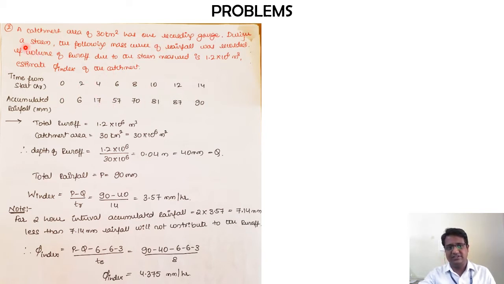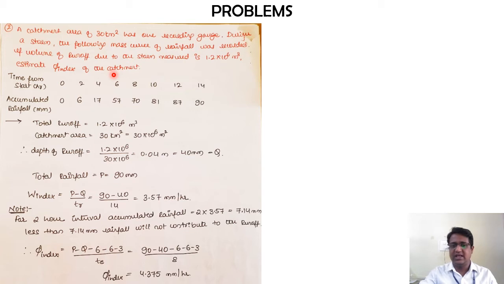But here they have given the catchment area as 30 kilometers squared, and the runoff in terms of volume. In the previous case they gave it in terms of depth, as 8.7 centimeters, right? But here they have given it as 1.2 into 10 to the power of 6 meter cube, that is in terms of volume. So there are a few more things that we need to do, and we'll explain that, but the basic concept with which we are going to determine the phi index is still going to remain the same.